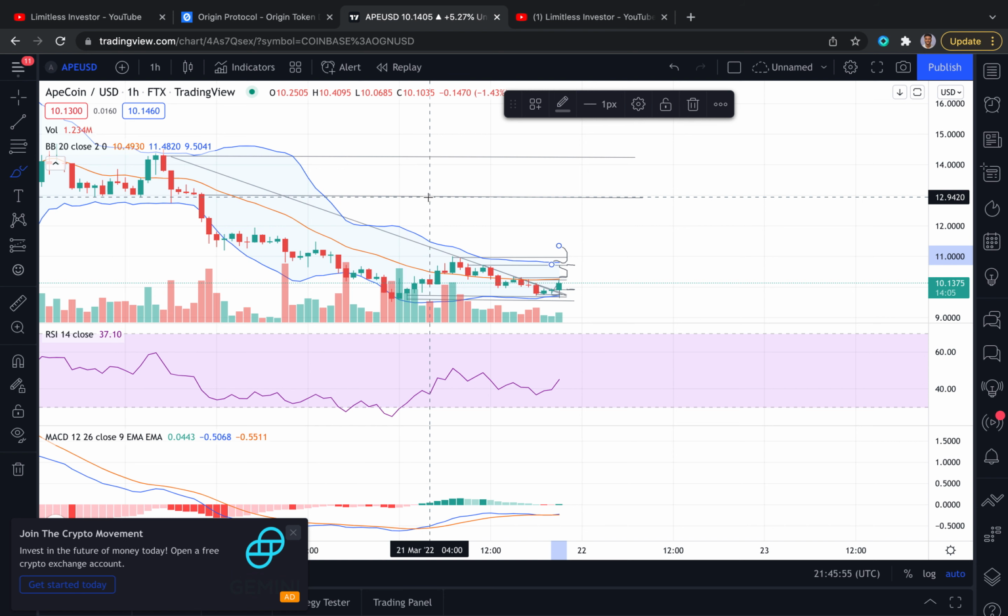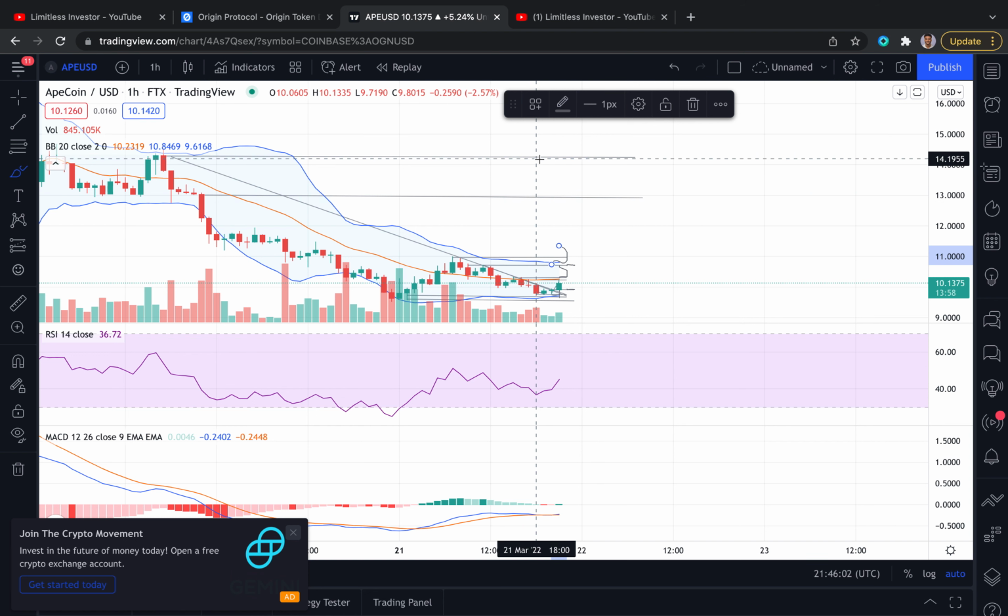And in order for it to break these levels, we would have to do the same thing, have a retest at these levels, create support, and then hopefully go back up to the 14. But this is just a quick analysis of what's happening in the charts. There's a lot of hype in this project, which is good in crypto projects, and also a lot of coins, because when there's hype, there's always investors coming in and driving the price up. And since there's a lot of utility in the coin and a lot of things happening for the project, I do see it going hopefully upwards from here in the uptrend, and also in the long term being a more